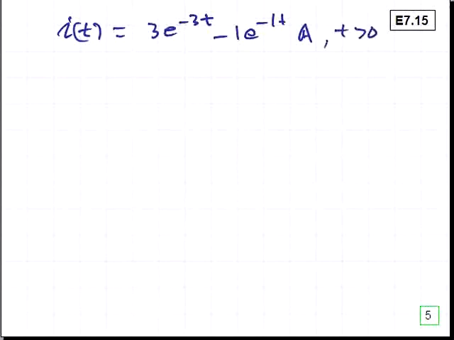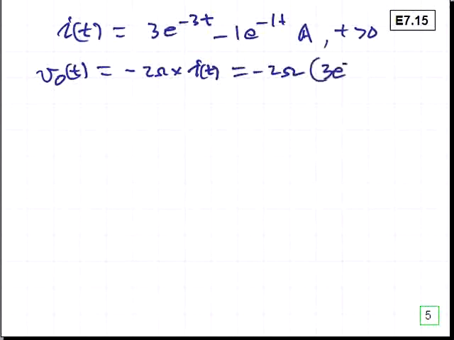So now we're ready to assemble the I of t expression equals 3e to the minus 3t minus 1e to the minus 1t amperes for time greater than 0. Now, as we said previously, our voltage that we're interested in, VO of t, is equal to minus 2 ohms times this I of t. This is equal to minus 2 ohms times the 3e to the minus 3t minus 1e to the minus 1t,